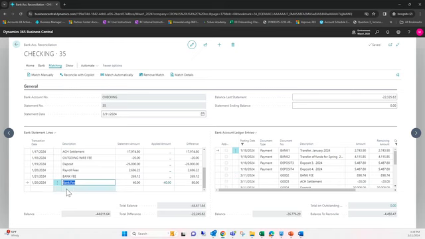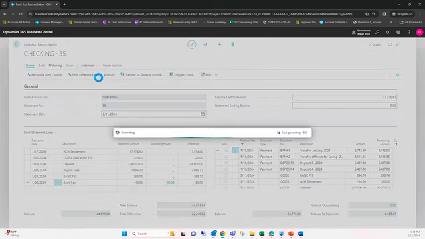So on the left side, on my bank statement lines, this bank fee is not in Business Central. In order for me to complete this reconciliation, I must add it into Business Central. Now we could go to Home, transfer to General Journal, enter in the account, and post the journal. However, with this new feature, if you see Post Difference to GL Account, if we click on this button,